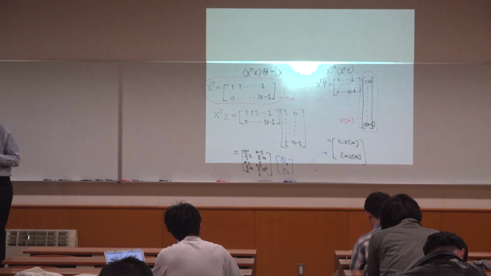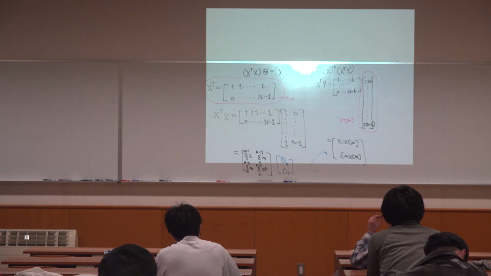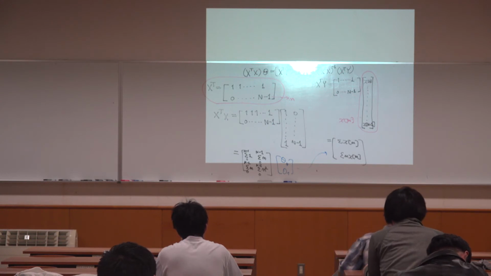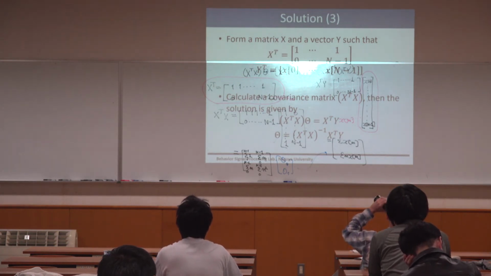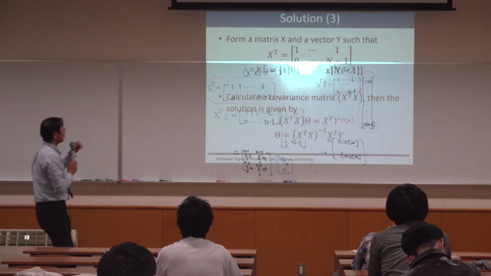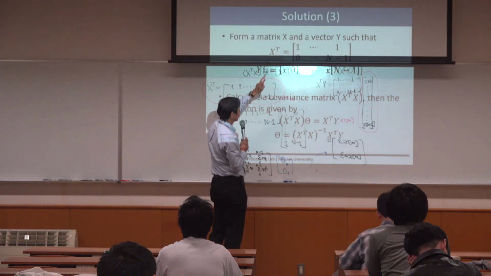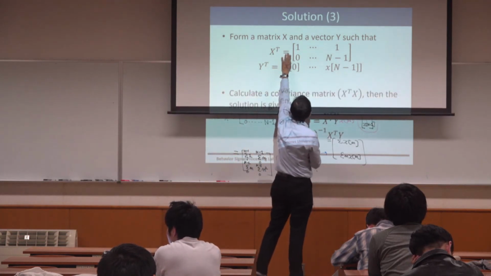So that's what I wrote in a handout. Okay. Please remember the problem. The solution is quite simple. What you have to do is two things. One is to organize two matrices. The first matrix is to align